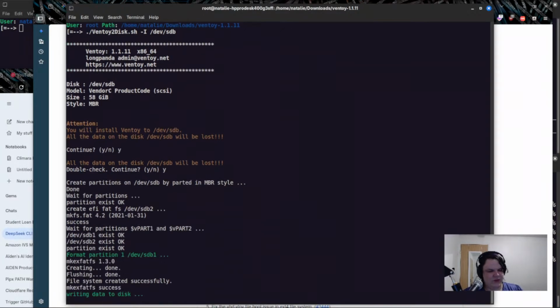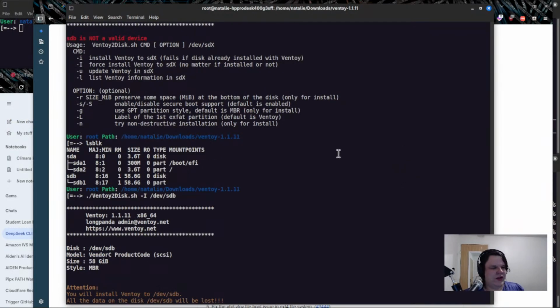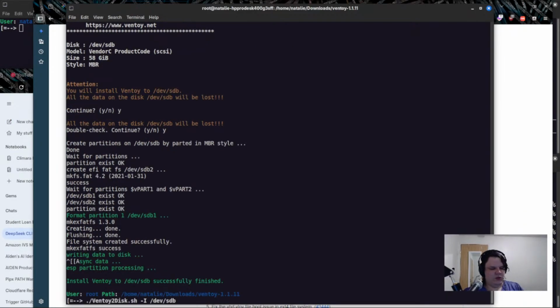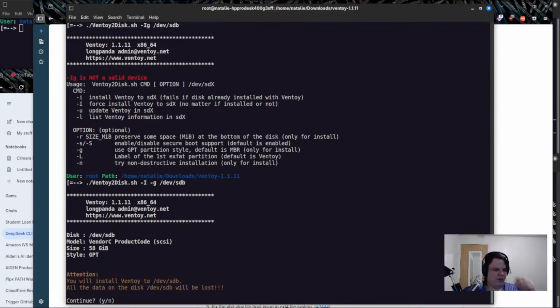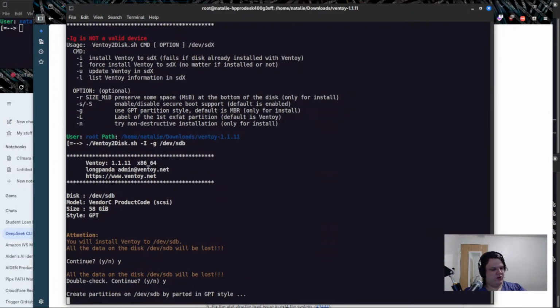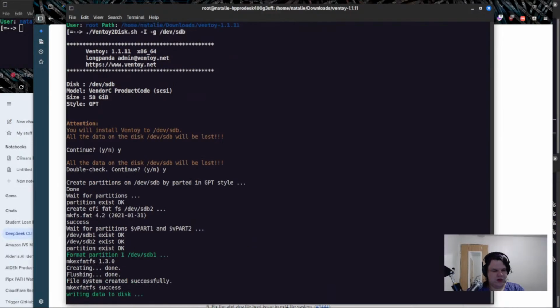MBR, that's fine for this machine. Oh no, I actually do have to do UEFI, because that's what this is set on. There we go. All right, there we go. And then we'll wait for this to finish up.